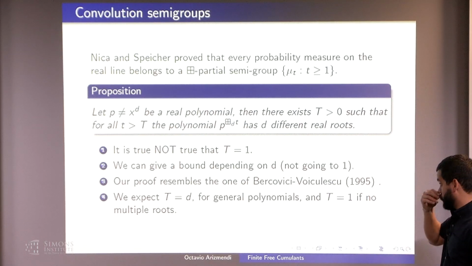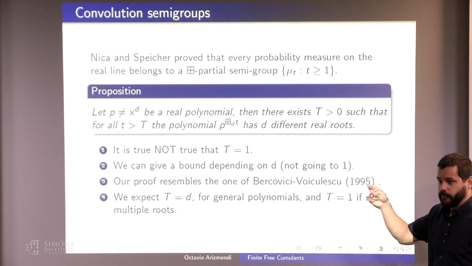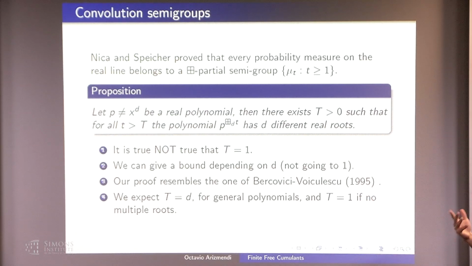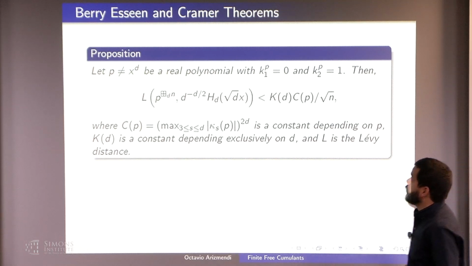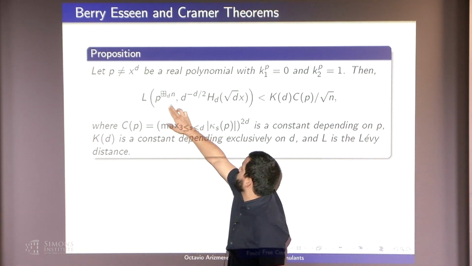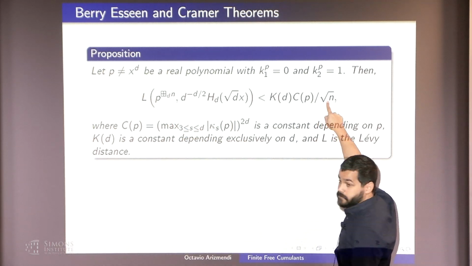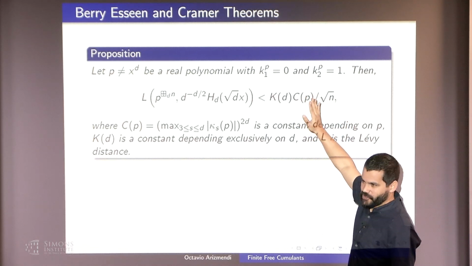But we use more the approach of Bercovici and Voiculescu, which is actually the same paper as the one where they prove superconvergence. In fact, what they studied is which functions are R-transforms of a measure. We can also do an Esseen theorem, meaning what is the distance between the n-fold convolution and the central limit theorem. Here the rate of convergence is the same, but the constants are terrible. Also they depend on d, and are very large.